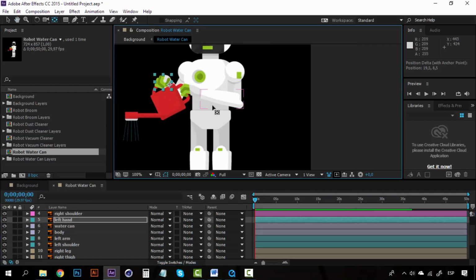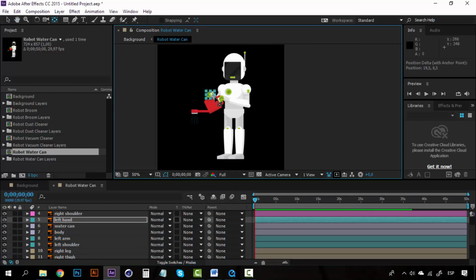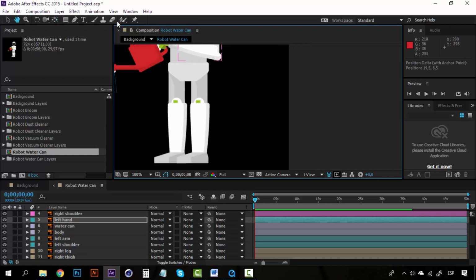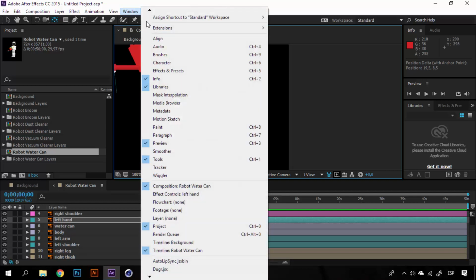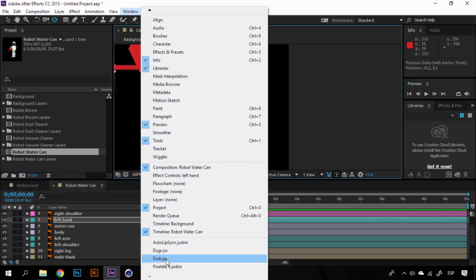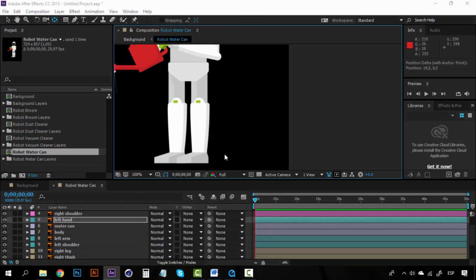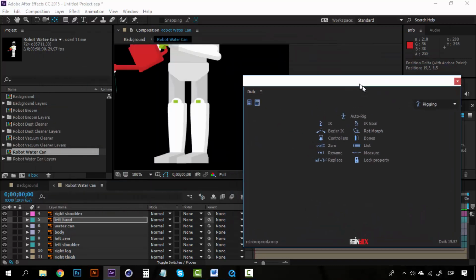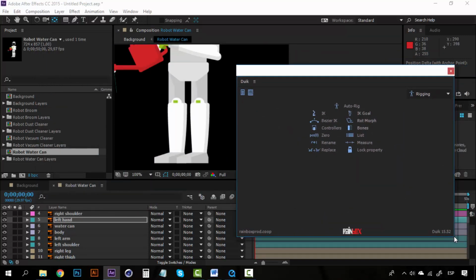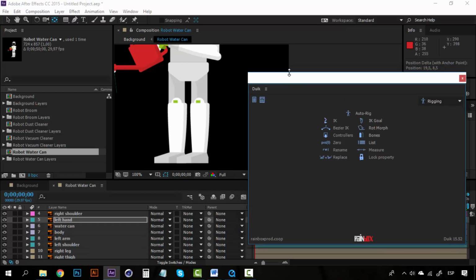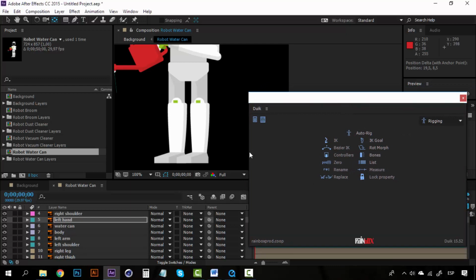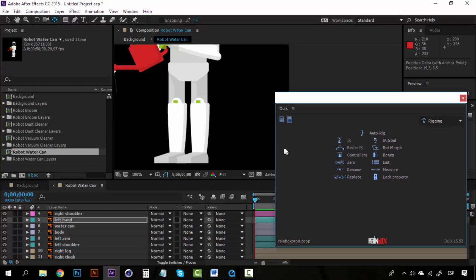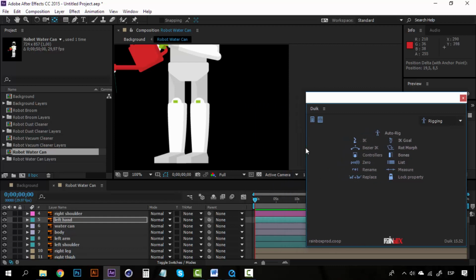Now it's time to actually rig this character. Let's open the Juic plugin. Remember that you have to go to Window and select Juic. Let's wait for it to open. Okay, now we have our window here. Let's make it a little bit shorter. Okay, now let's begin with